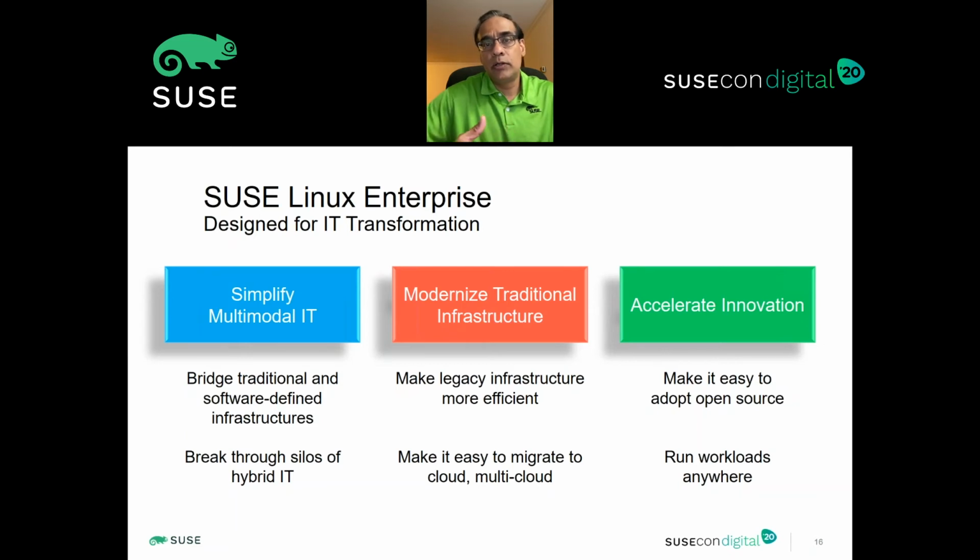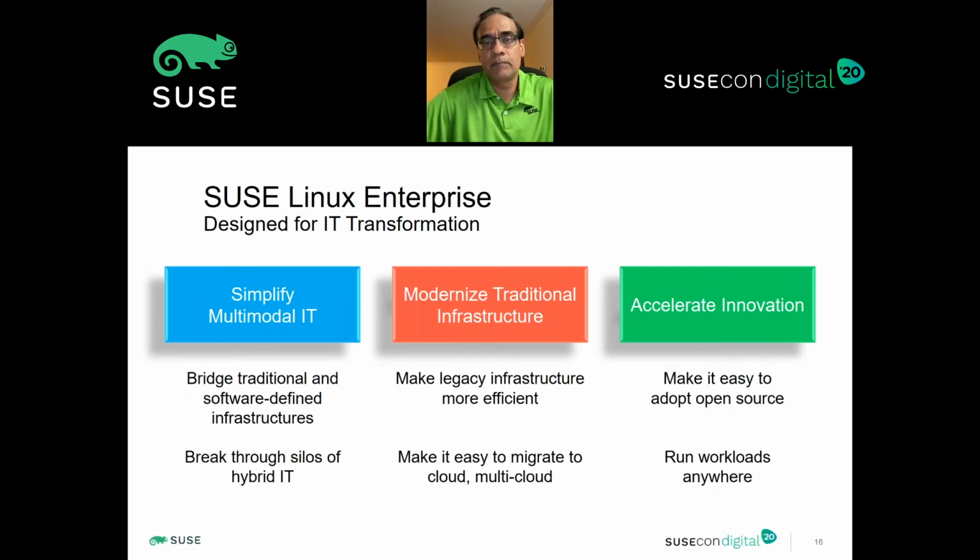And once you're comfortable in the community, let's say you started with OpenSUSE Leap, which is an open source version of the SUSE Linux Enterprise, and you started there, you developed good applications, you got packages from Package Hub, and now you're ready to get to production, and that's where you need support. That's where you may need support, and so you have your production systems properly taken care of. So that transition is easy with SUSE Linux Enterprise, and you will be able to move from OpenSUSE Leap to